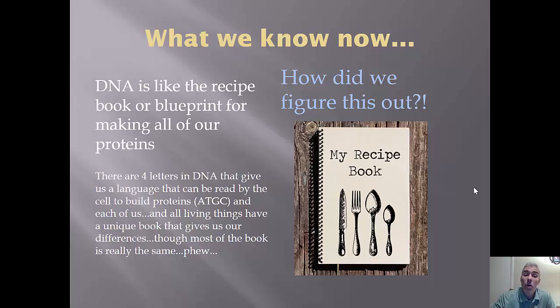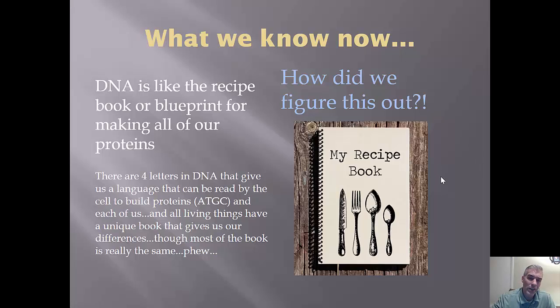And each of us has our own unique recipe book, though most of our DNA is actually very similar, because on the cellular level, we're very similar. But there are some differences that are found within our DNA that allow us to have the differences that we do, characteristics-wise. Obviously, your experiences in life can affect that too. It's not just the DNA, but DNA is kind of like the hardware. It helps to lay down the hardware that you have, and then the software that you put down in your body is kind of your experiences that you have.